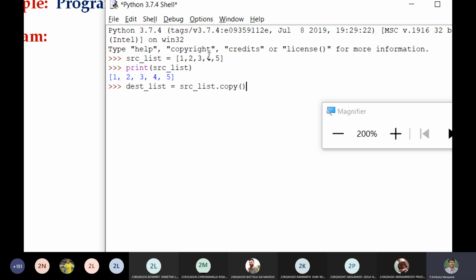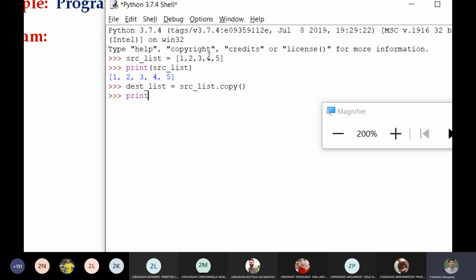Is this possible? Yes, sir. If I give the entire statement in print, can I print the destination list directly? No, sir. Okay, as you said, let us check.